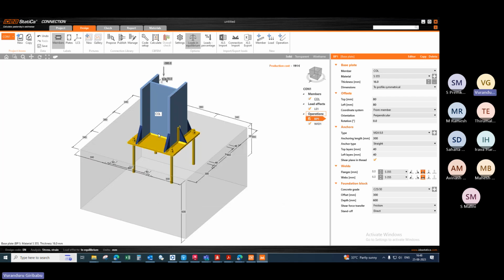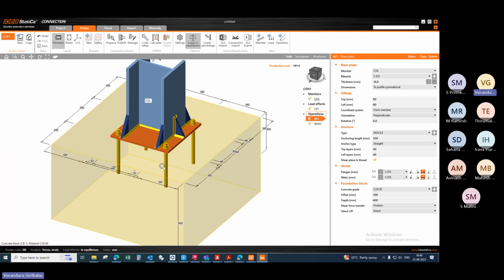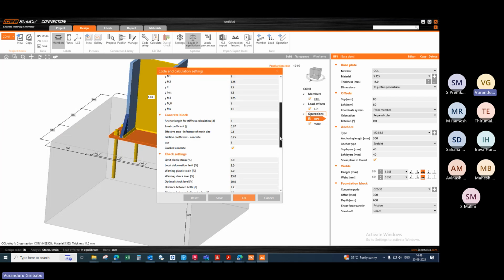Generally it is selected. If it is not useful, no issue, but if you are doing with concrete, you should check with that. Sometimes we are not going to design the concrete, but in that case you can take it off, then we can make it pass, because concrete they will take care,